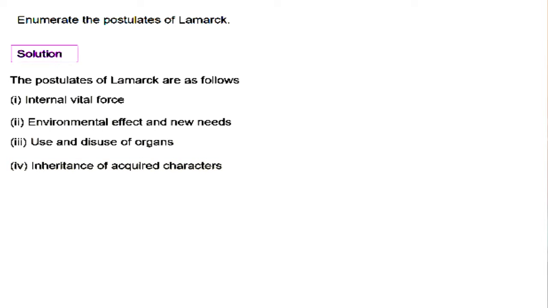So Lamarck's theory can be best explained by the development of the modern day giraffe which we see. So earlier giraffe did not have a long neck. So we say that giraffe was a small deer like animal. So earlier when giraffe lived, all the vegetation was on the ground, there were grasses on the ground, so the small animal could feed on the grasses nearby.